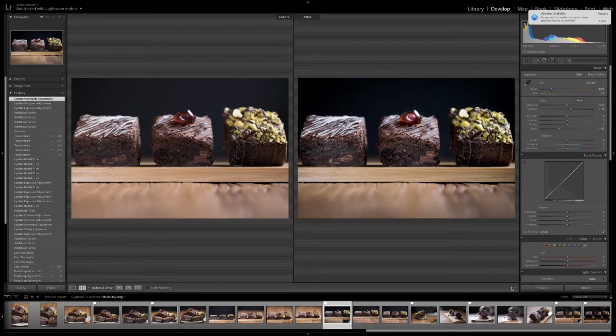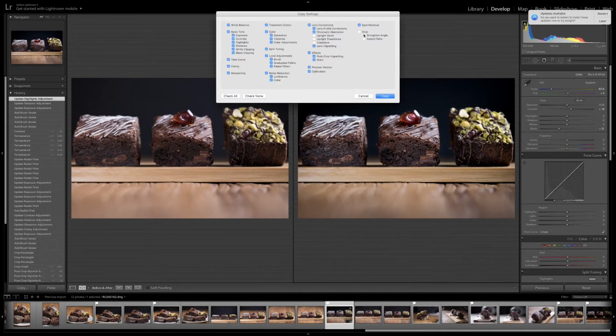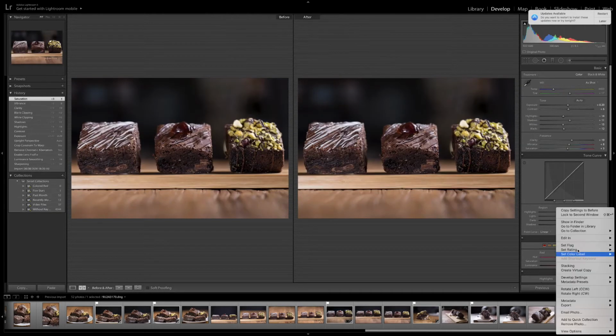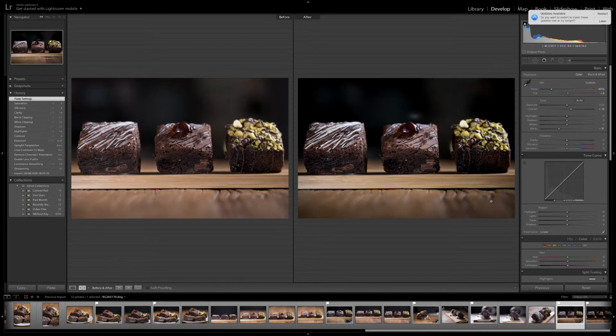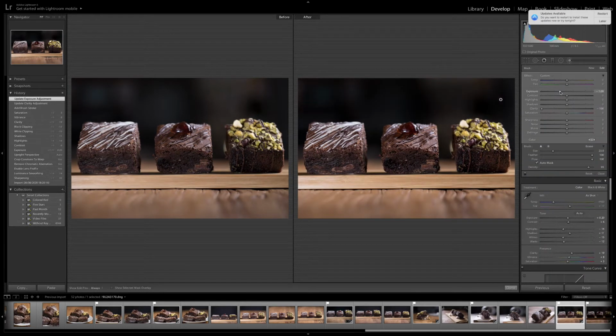So you can see the side-by-side comparison, and we always do that at the end just to make sure that we've not actually made the photo worse. That would be terrible. And you can see on some of these photos we can do copy the settings. So if you've got really similar photos, you've done it on one, you can just copy and paste the settings